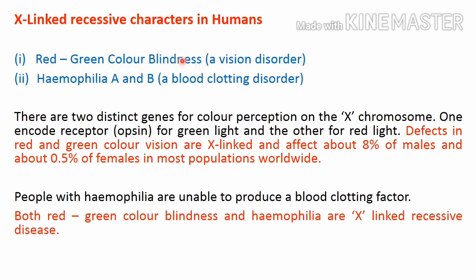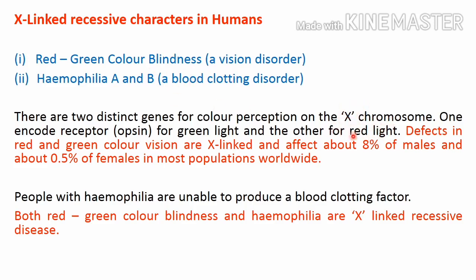of these affected persons. There are two separate genes for the recognition of red and green color, and when these genes present on the X chromosome are mutated or defective, then that person cannot sense the color, particularly red and green. Another disease is hemophilia, in which blood coagulation does not take place, and as this is a sex-linked X-linked recessive character, a male has only one X chromosome, and